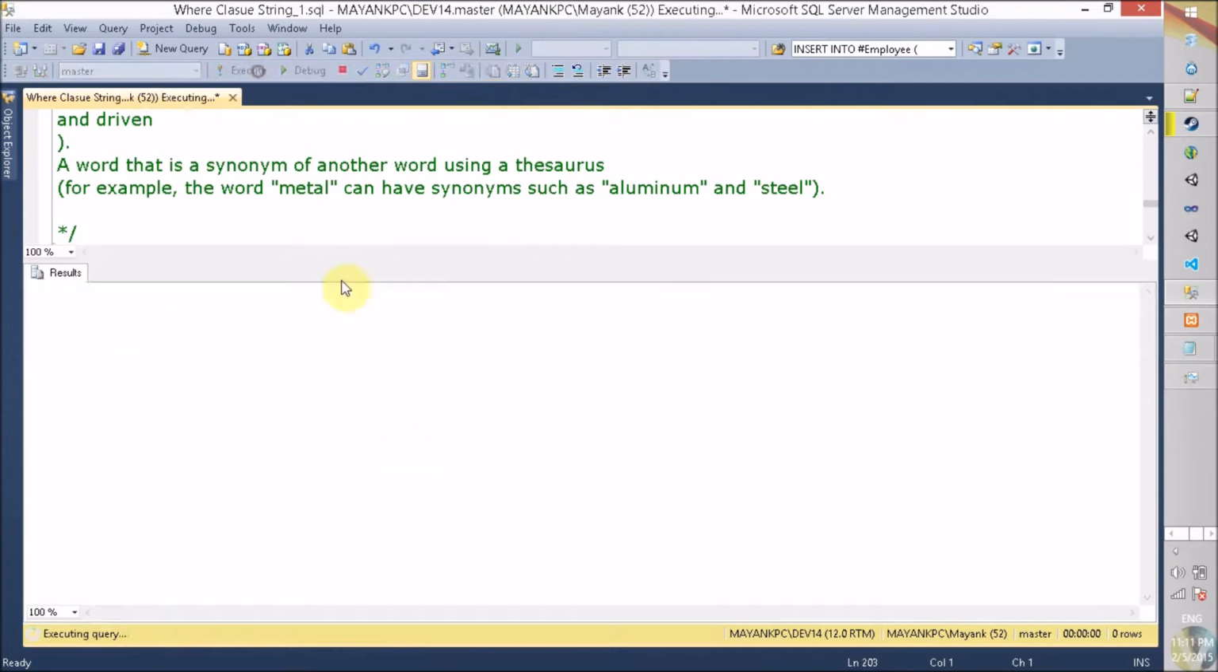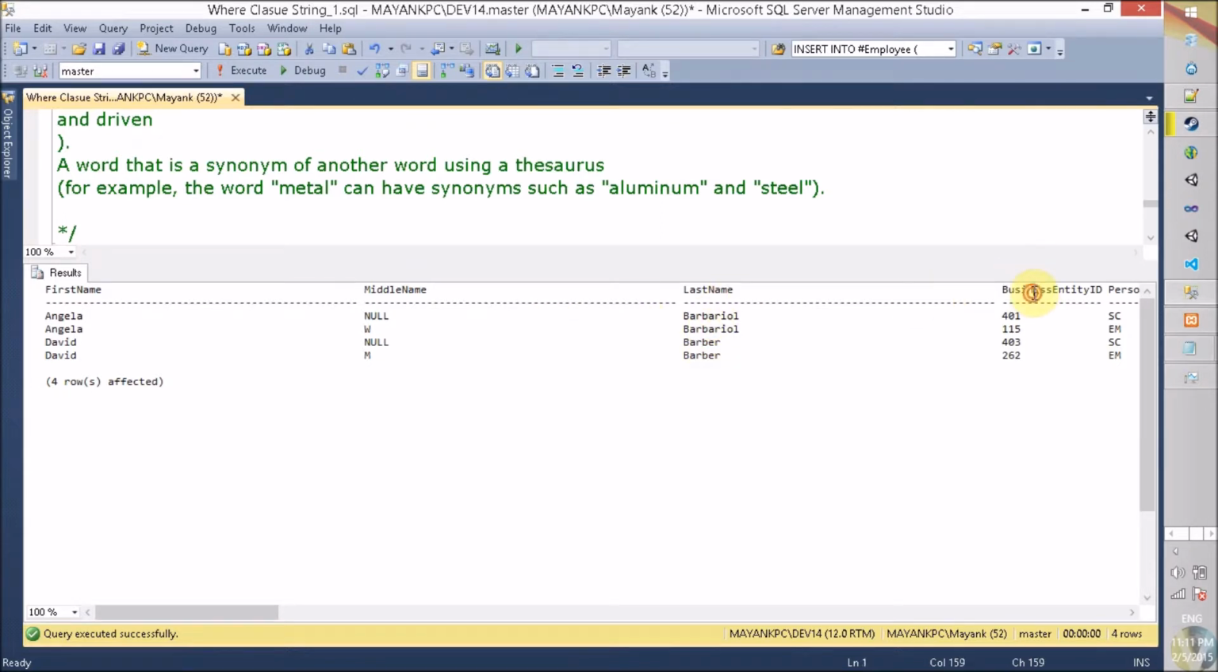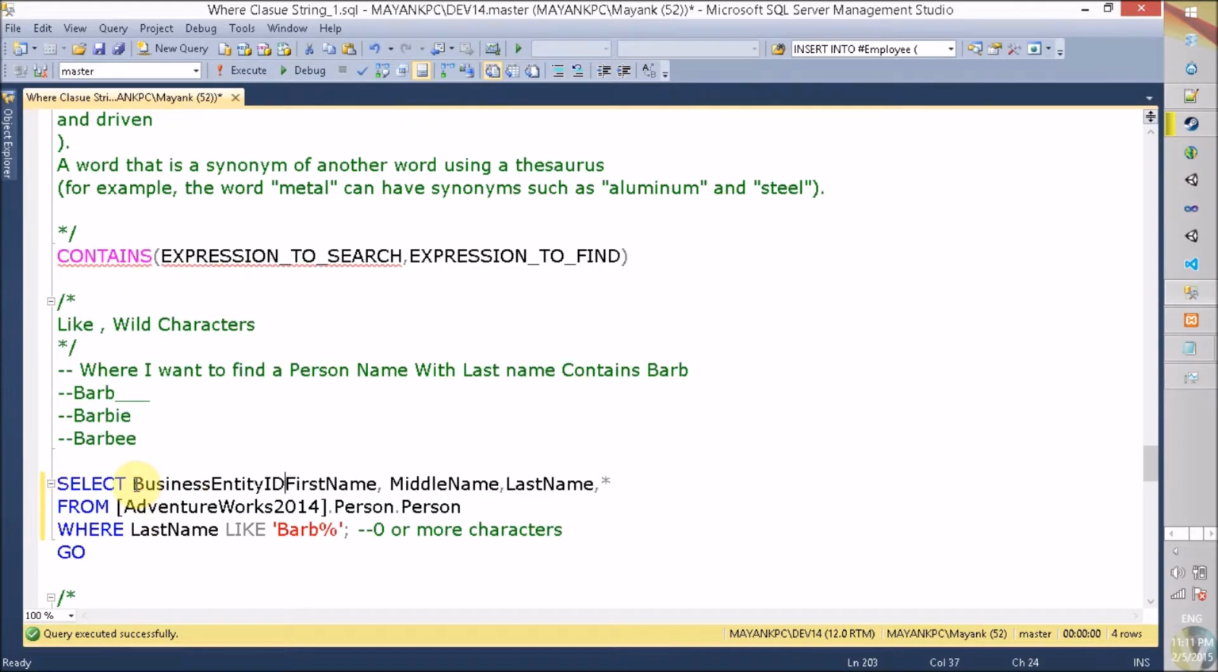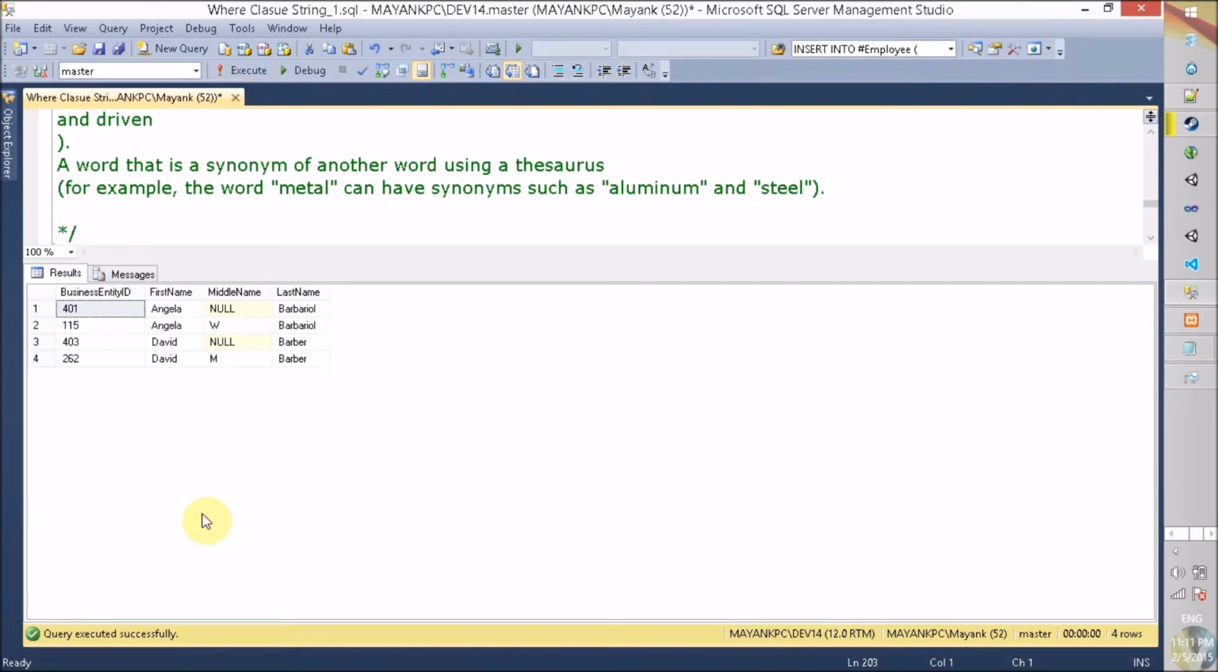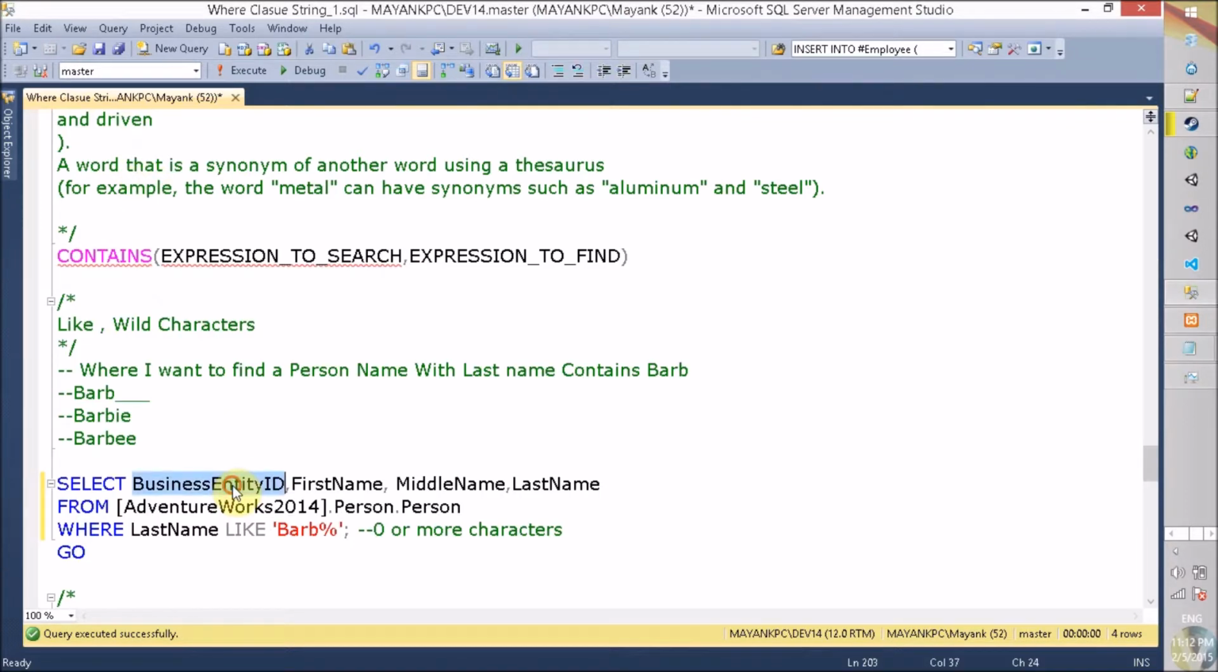This is a result to text. Execute. I want business entity ID. Why did I struggle for business entity ID and middle name? I just want to show that all these persons are different. That's why I include business entity ID and middle name. Now